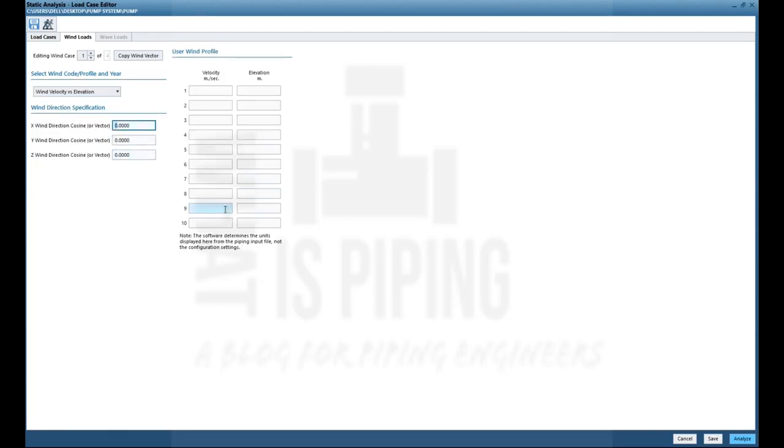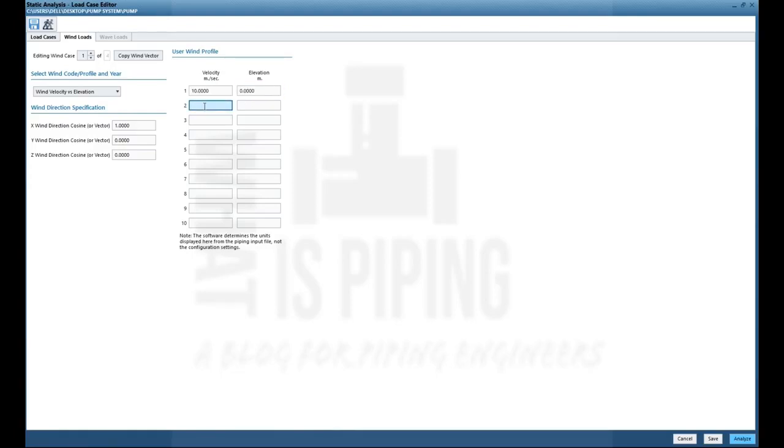For all 4 cases, wind 1, wind 2, wind 3, wind 4, we have to define the direction cosines. Let's assume that the first wind 1 load case is for wind from plus x direction, and velocity, this data you have to take from your project specification, but I am assuming something. Let's assume that velocity is 10 meter per second at ground level.